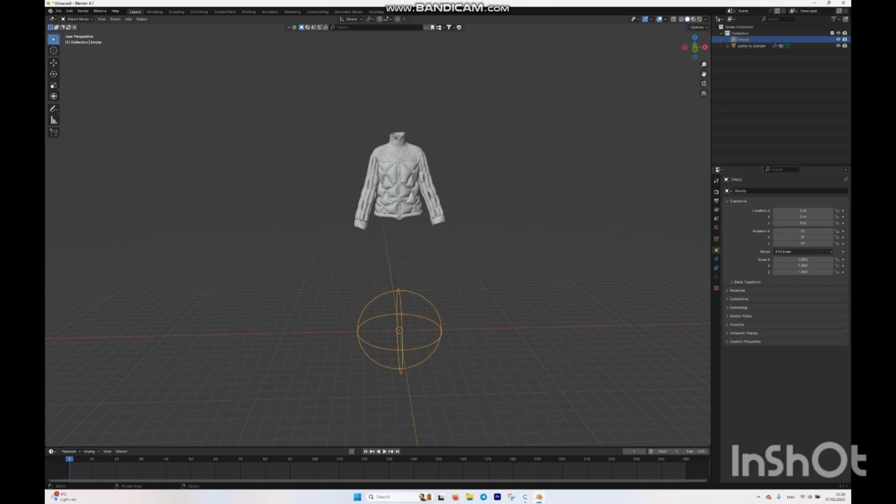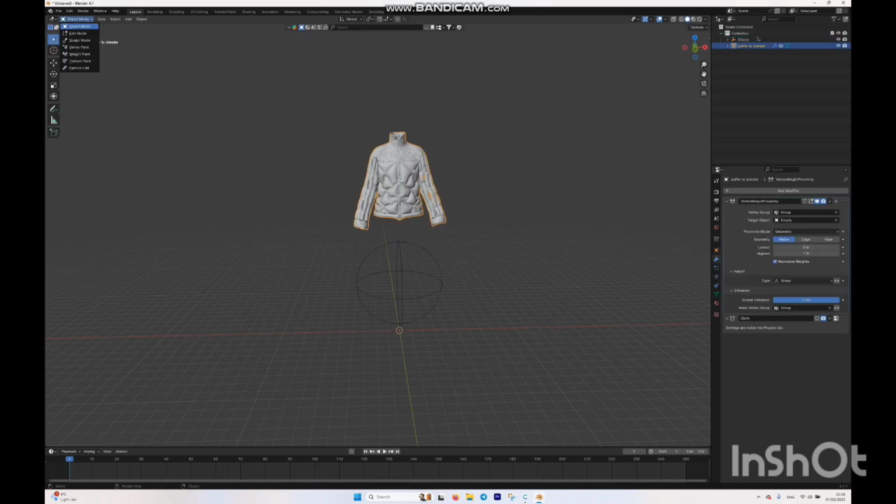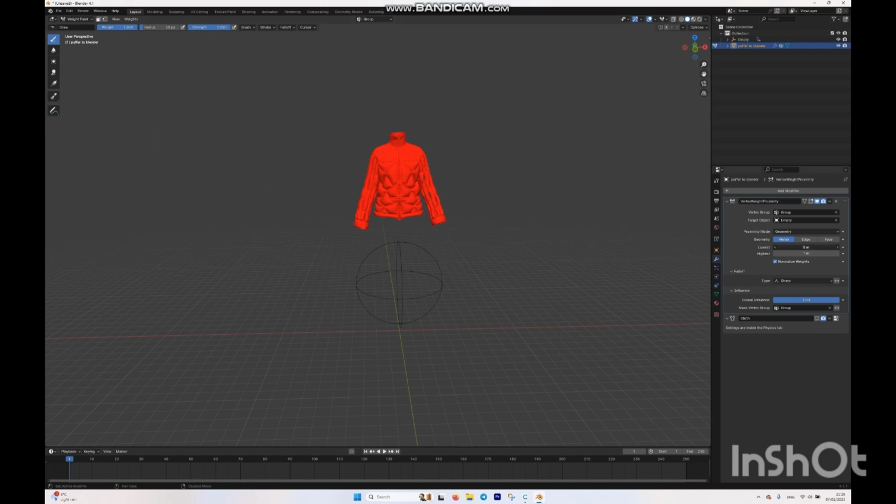Okay, we want to bring this a little bit up, hit I on the keyboard, and then at the end of our simulation, the end of our simulation is 100. I want to bring it up because I want to pass it through the garment. Select your garment, go to the weight paint, and play with these numbers around to find out which number is good